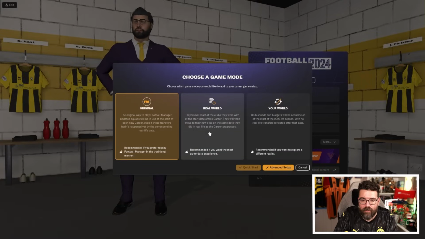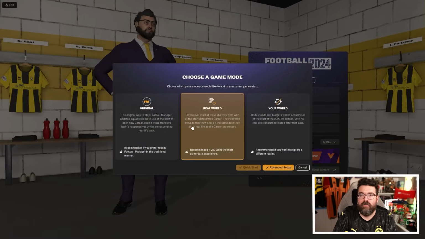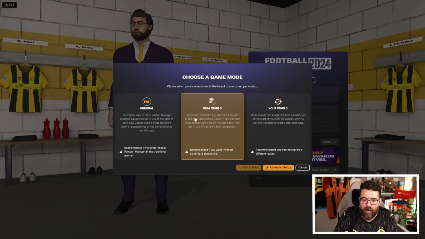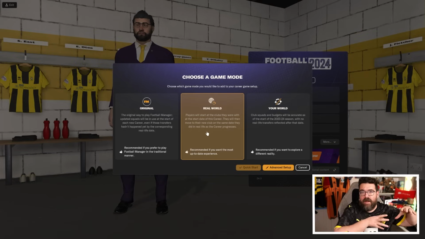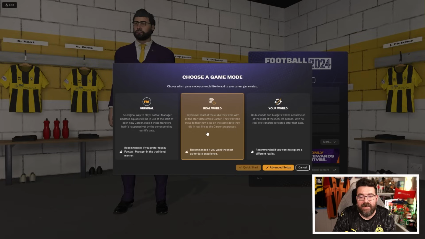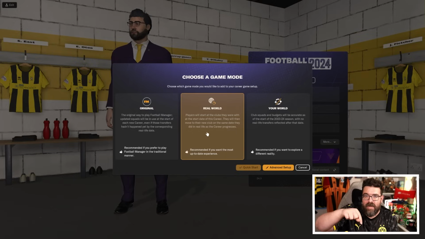Folks, the FM24 Winter update is out now, and that means that one of the most misunderstood new features from FM24 has now got quite a lot more interesting. And that, of course, is the real world mode, one of the two new game modes that was introduced into FM24. This is the one where players start at the clubs they were at the start of the career start date. They then move to their new clubs on the same date they did in real life in your FM